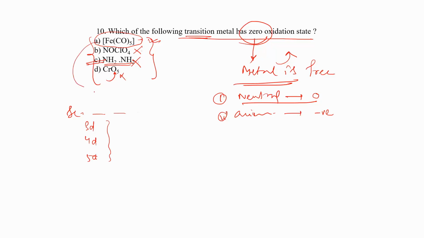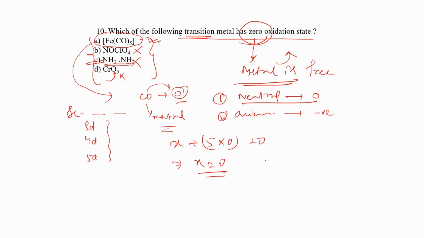But now the question is how? Because we know that CO is a neutral ligand, so it gives the 0 oxidation state. So what will be the oxidation state for the iron? X plus 5 into 0 equals 0, so X equals 0. So iron will have the 0 oxidation state. Another criterion is that when the metal has the 0 oxidation state, the metal is free and the metal is attached to